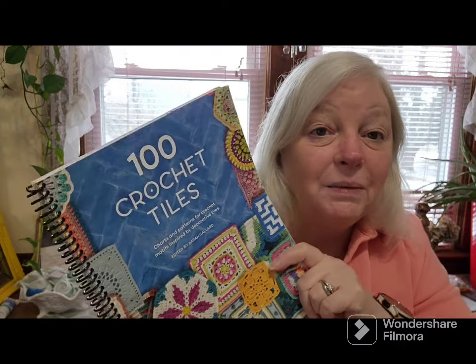Anyway, I did want to do the tile of the week, but one of the reasons that I did not get to it is because my granddaughter Chloe said, Grammy, can you make me this bag? I think I showed it to you in a picture in my last video. And it's just granny squares. And I thought, oh, maybe I could make some of these tiles that are in the book into a square bag, a tile bag. The bag that she showed me in a picture,